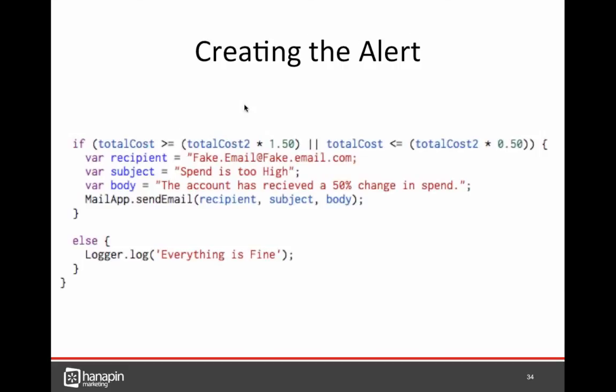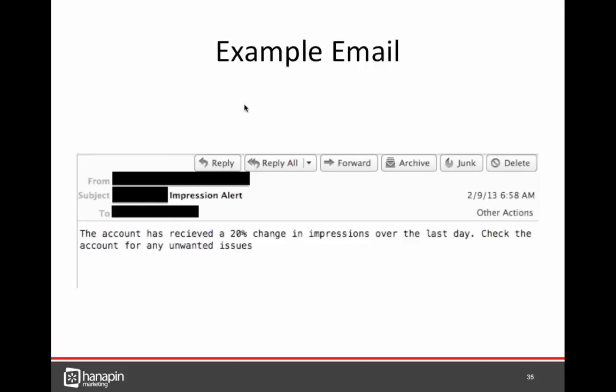Okay, sounds great. So I guess if we skip to the next slide, this is an example email. This was from my inbox the other day. This is the kind of thing we get. So this is telling me that one of my accounts had a 20% change in impressions. It's sent at 7 a.m. When I start work, I check, and it'll tell me all my accounts where there may have been an issue, so I can see if the account was down yesterday, or that conversions were slow, or impressions were way too high,